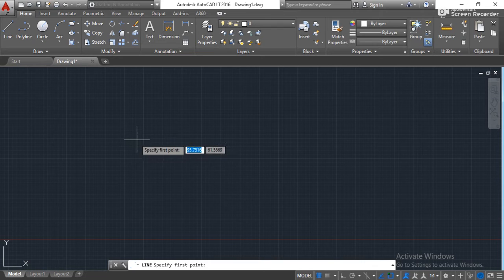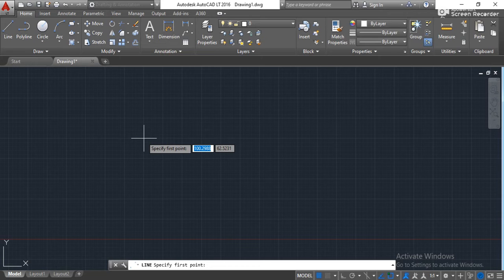By clicking, you can see it asks me to specify your first point. At my cursor it asks me to specify your first point. So it is asking the coordinates of my point where my line starts.